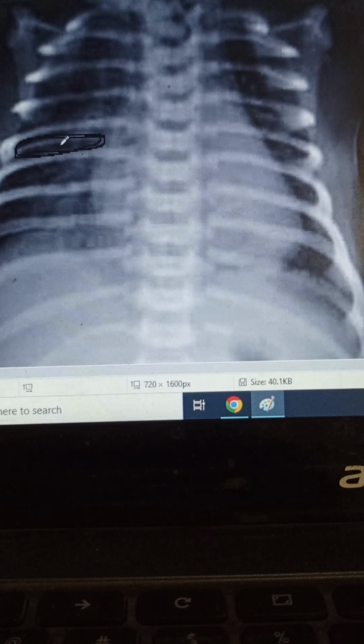So whenever a patient comes to you who was delivered through C-section, and the baby was term and is having tachypnea shortly after birth, nasal flaring and intercostal retraction, you should suspect it. And there is also an important clue that I mentioned over here, fluid in the interlobular fissure. You should suspect that the patient is having transient tachypnea of newborn, and it is common in term babies